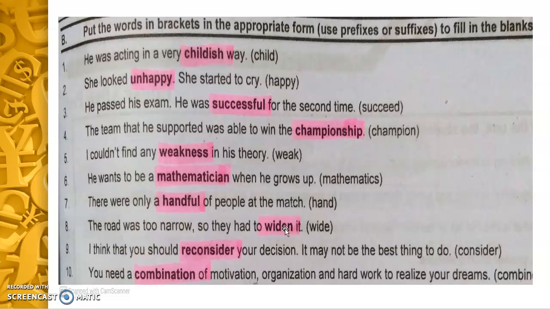And there are some other words with which you use en as well. I think you should reconsider. Here, consider is a verb as well, and we have used re with it. So it means again. You should reconsider your decision. It may not be the best thing to do. And the last one is, you need a combination of motivation. So TION again is a suffix. Whenever we use it with any root word, it changes into a noun. So this is how you can tell, by using prefixes and suffixes, how words can change into some other part